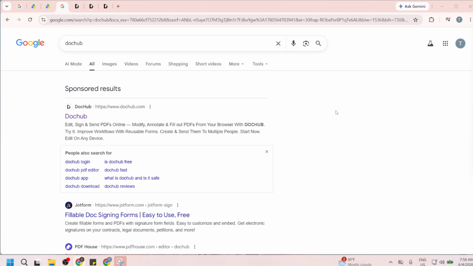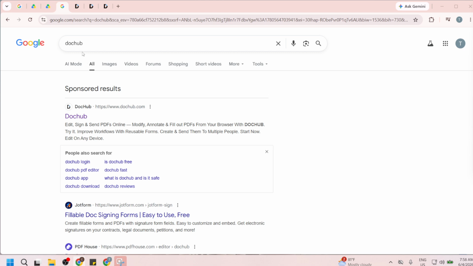In today's video, I'm going to teach you how to underline text in DocHub. We'll walk through the process from opening DocHub to using the best available underline method based on the version you have. This is a simple task, but there are two slightly different ways to do it, so I'll make sure everything is clear and easy to follow.